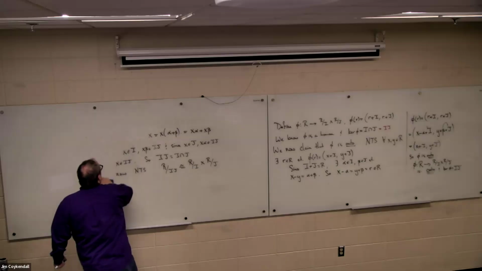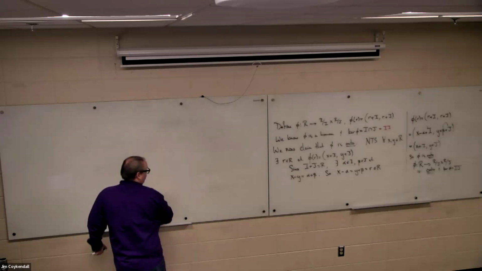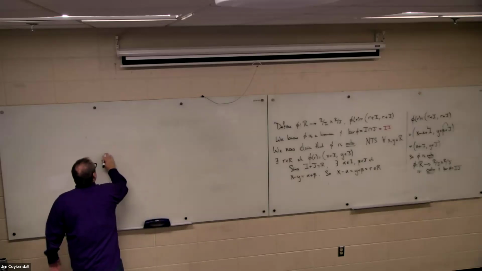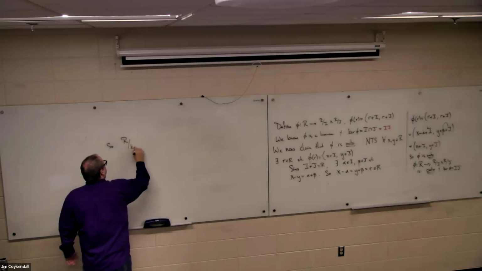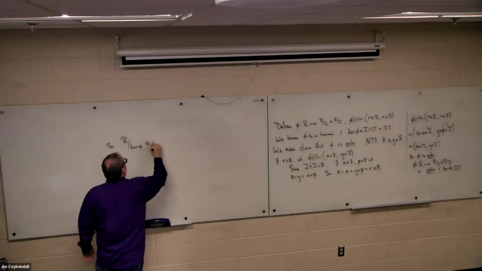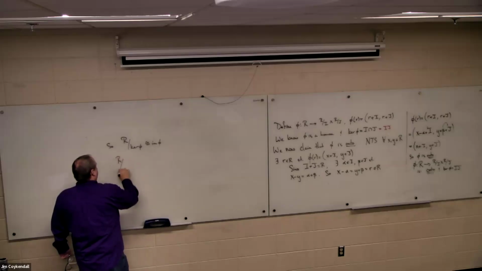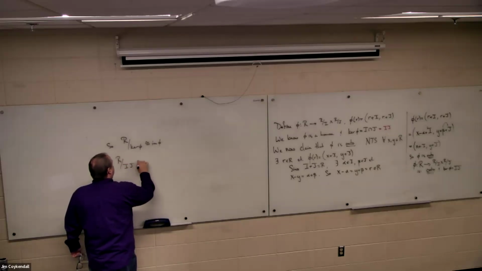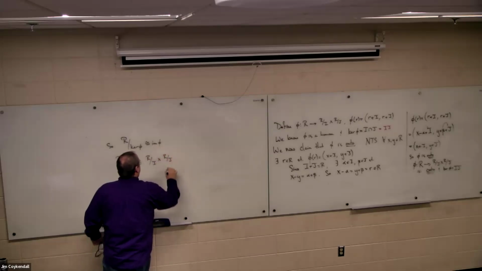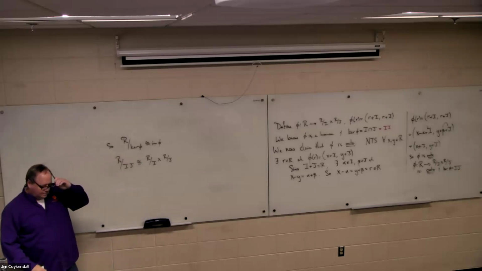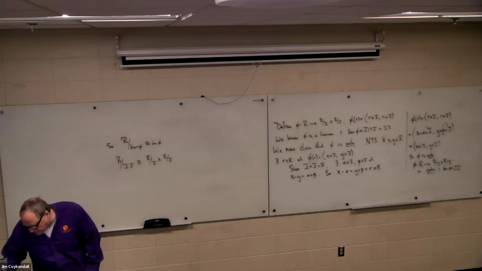Therefore, by the first isomorphism theorem, the best of all isomorphism theorems, we have R over the kernel of phi is isomorphic to the image, which is R over I cross R over J. There we go. Okay, so that's the case